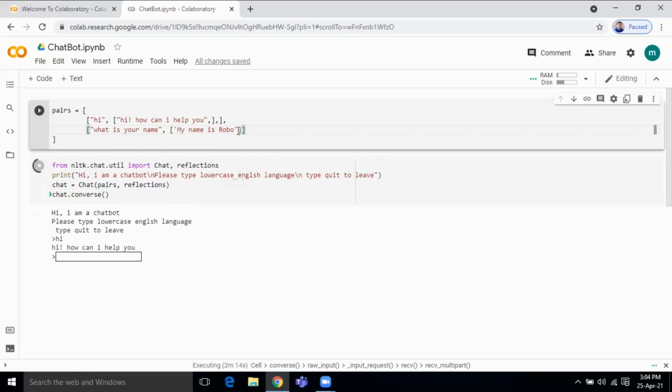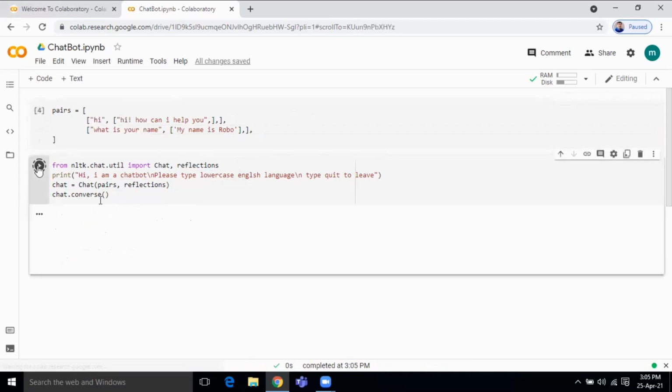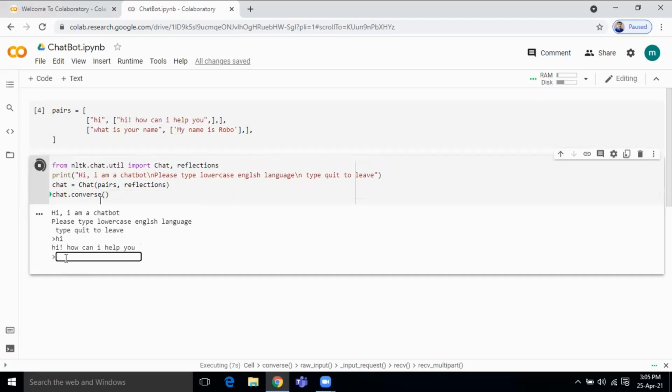Okay, you should execute the pair, and then you run your chatbot. So it is asking, right? If you say hi, it will respond, and it is waiting for another question. If your question is, what is your name?